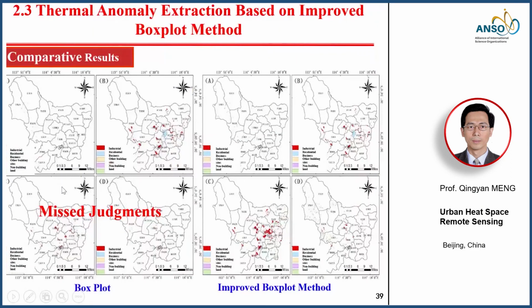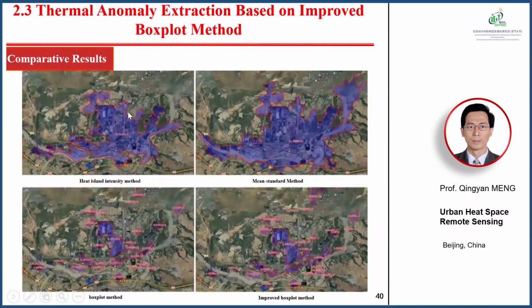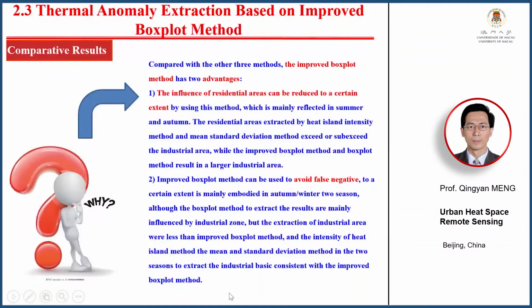And then we can compare the results, using the box plot and the improved box plot method. We can see there is some mixed judgment of industrial areas in the box plot, whereas here it is better. Then we can also study it with the heat element intensity method, the mean standard deviation method, the box plot, and the improved box plot. We can see there are fewer mixed industrial points, and the shape is very good, and this one has a very good result. Compared with the other 3 methods, the improved box plot method has 2